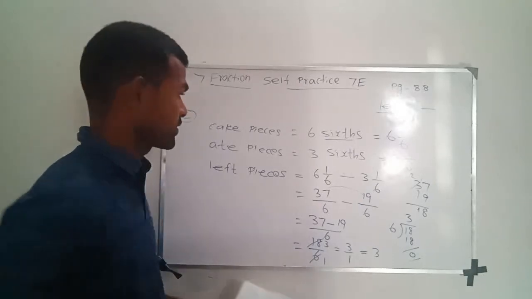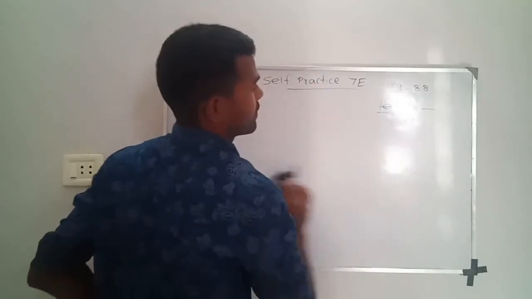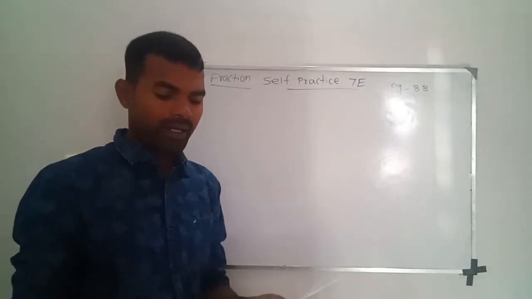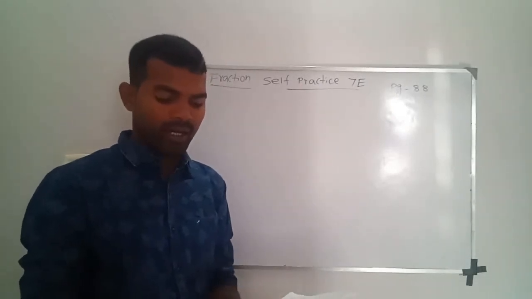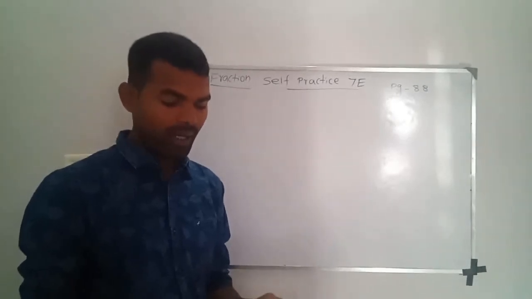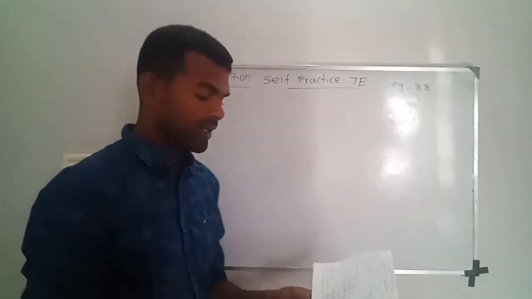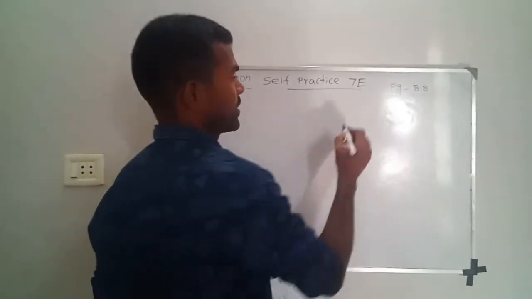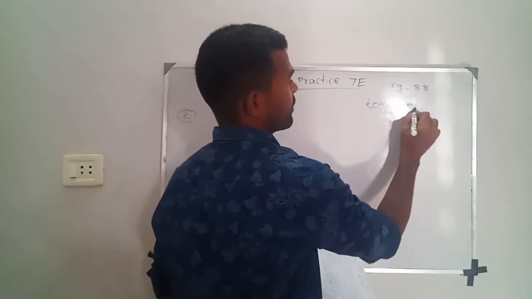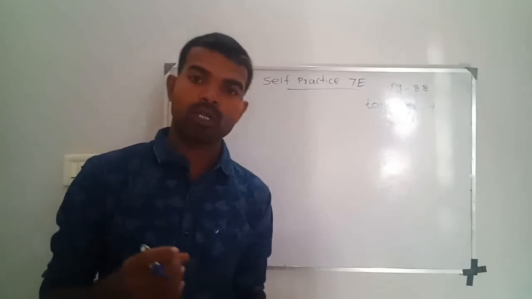Let us go to the third question. Neha bought one cabbage weighing 7 by 9 of a kilogram and one cauliflower weighing 3 by 4 of a kilogram. How many kilograms did the two weigh together? They are asking the total together. The meaning of together is also plus. Yes, together means plus. In this question we have to do the plus.